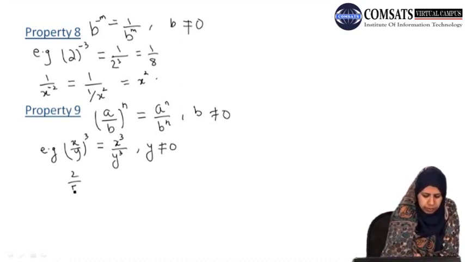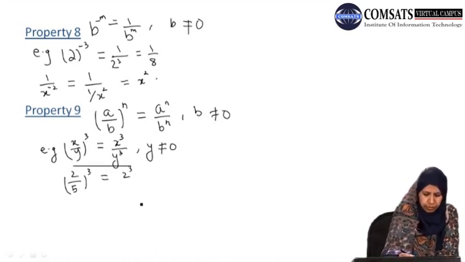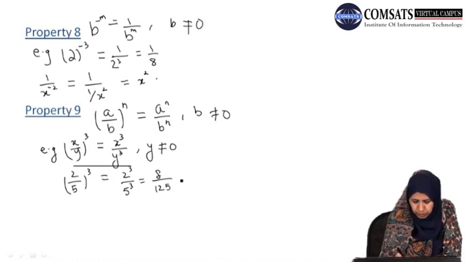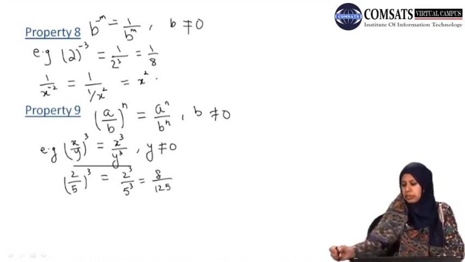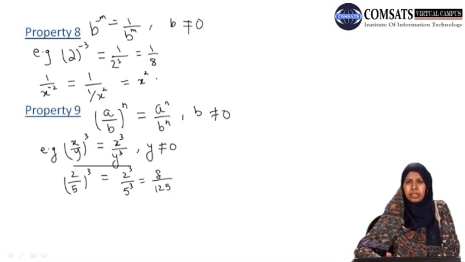For one more example, we have 2 over 5 whole cube. What we will do is split the power, or take the power first and then the ratio. We obtain 8 over 125. So these were the properties, just to revise